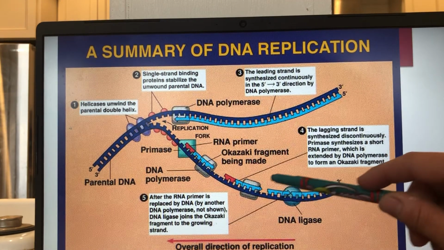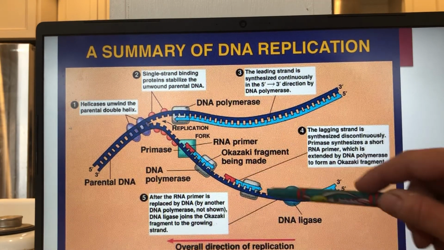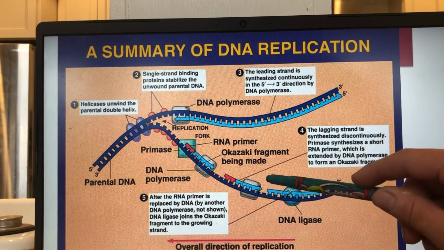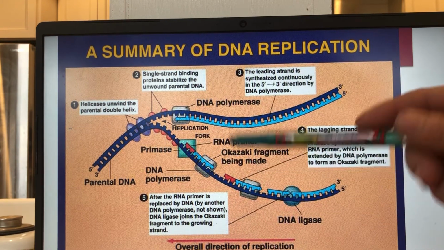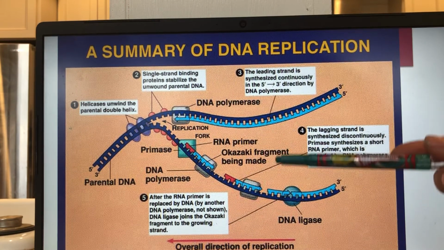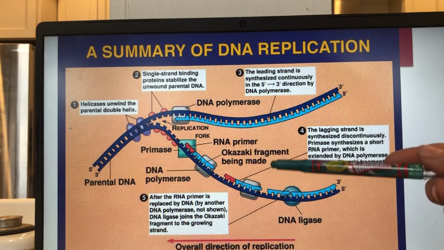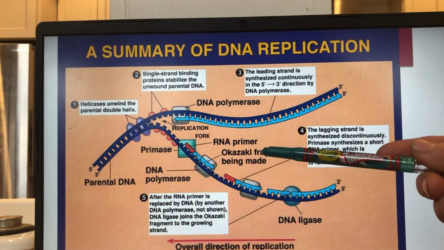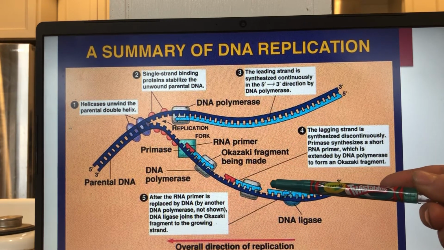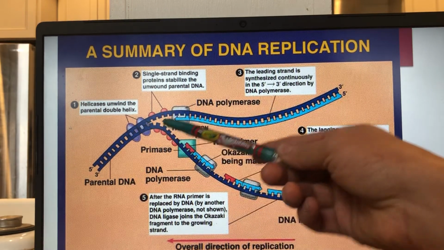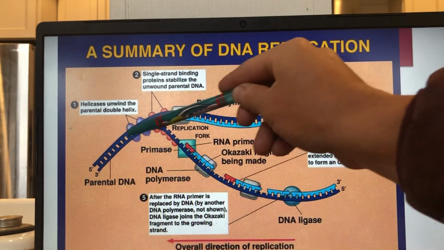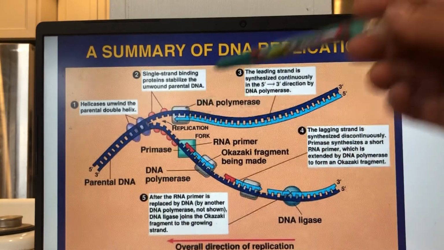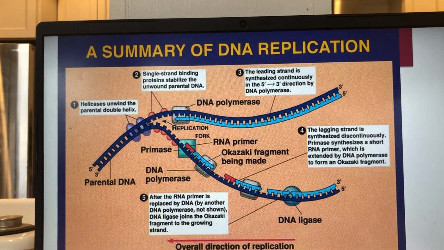We are adding to the 5' end of the new DNA strand, this light blue. Well, DNA polymerase doesn't like that. So nature had to come up with a way to make this work. This is a little confusing, but the lagging strand ends up getting done in segments. And if this is the replication fork opening this way, we're doing it in the opposite direction of the replication fork,